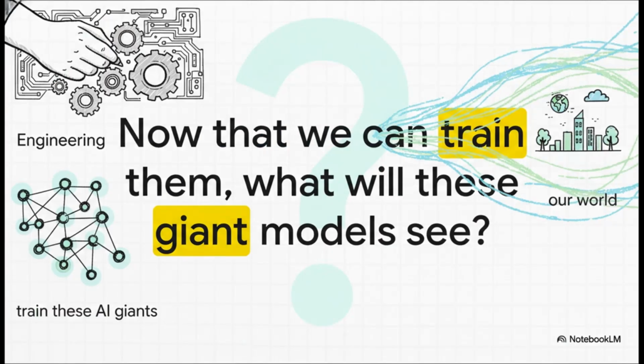And that kind of brings us to one last big question to think about. We've cracked the engineering problem. We now know how to build and train these AI giants. So the only real question left is, what do we want them to do? What will these unbelievably powerful models